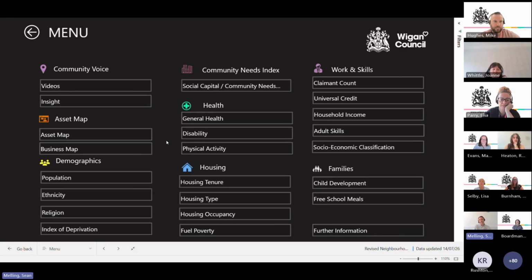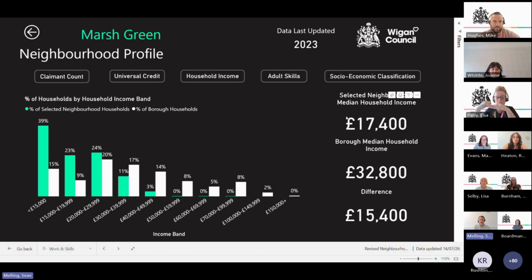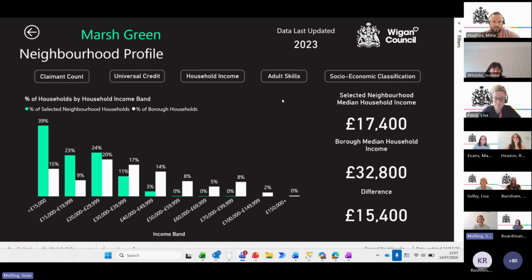Okay, if we go back, there's other information that's more traditional. So you've got things like population, ethnicity, religion, all that kind of breakdown by different types of heading. So if I click on, for example, household income, that'll give me a breakdown of household income within Marsh Green. So for example, median household income in the particular area of Marsh Green, 17,500,